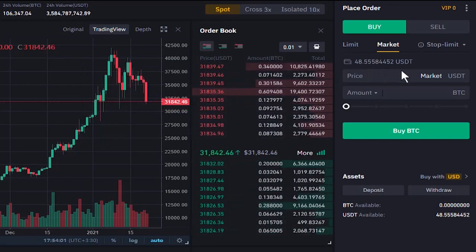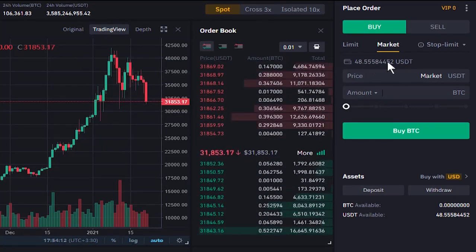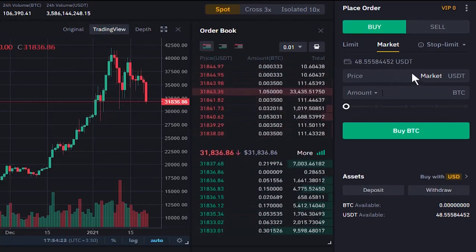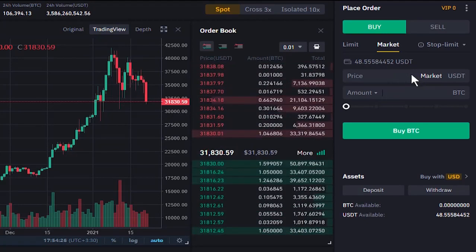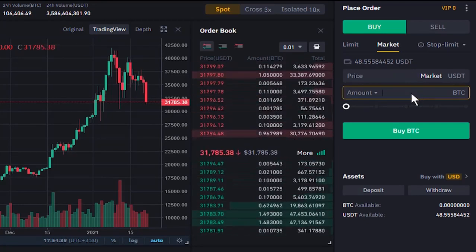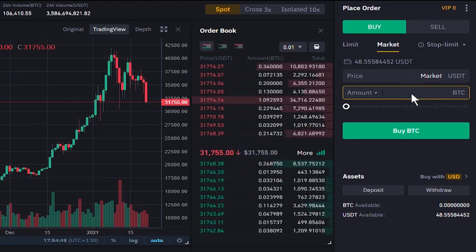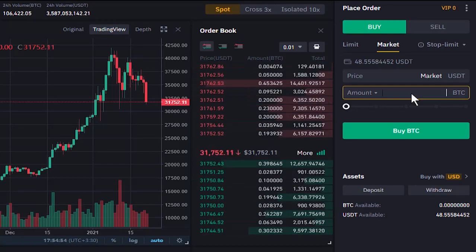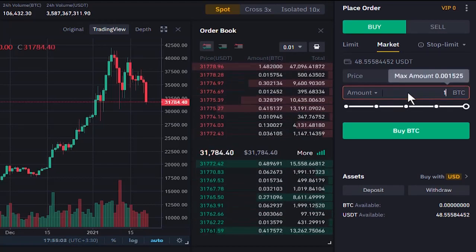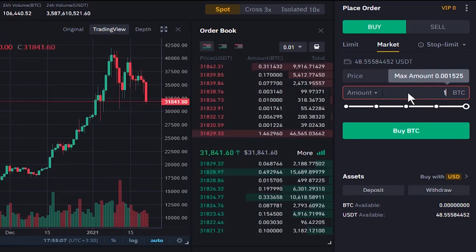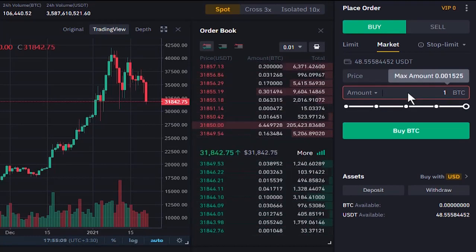Alright, let's place a market order and see how it works. Here, as I said, it shows how much Tether is available for us to buy Bitcoin. Here the price is set to market because we are placing a market order, and here in this box we enter the amount that we want to buy, and actually it's based on your available Tether. And if you enter, for example, 1 Bitcoin, you see that it gives the alert that the maximum amount that we can buy with our available Tether is something like